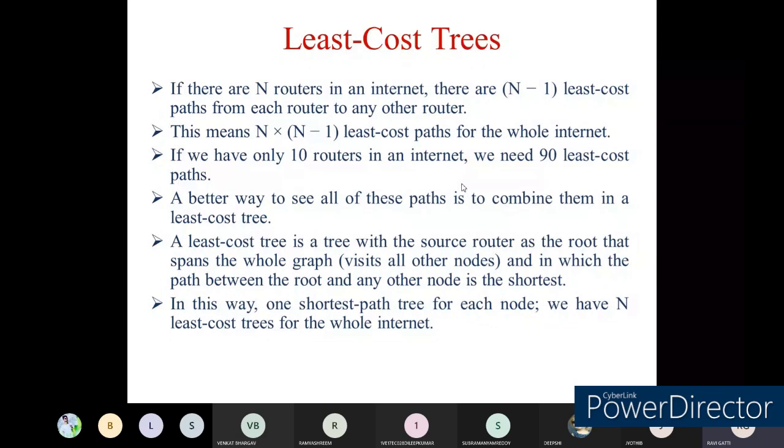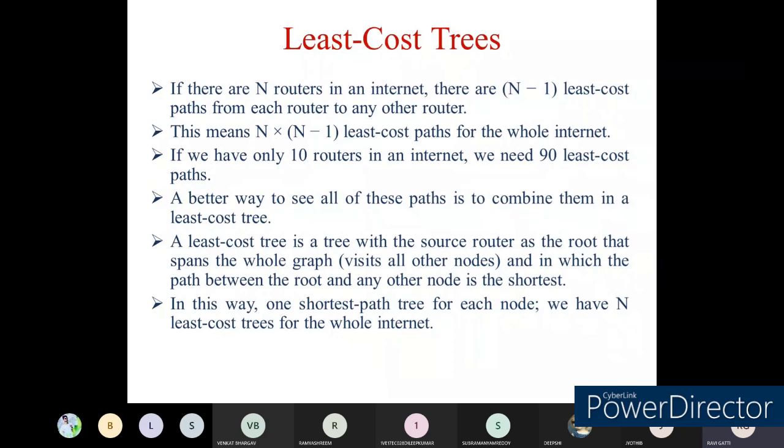So if you have 3 to 4 links between the source and destination for data transmission, among the 4 links, which one you need to select, that is the question for us. So which one are you going to select? The one whose total cost value to reach from source to destination is minimum, no? So I will be selecting that. Therefore the name indicates the least cost routing algorithm. Okay, so this is one of the least cost routing algorithms we will be using in most of the networking